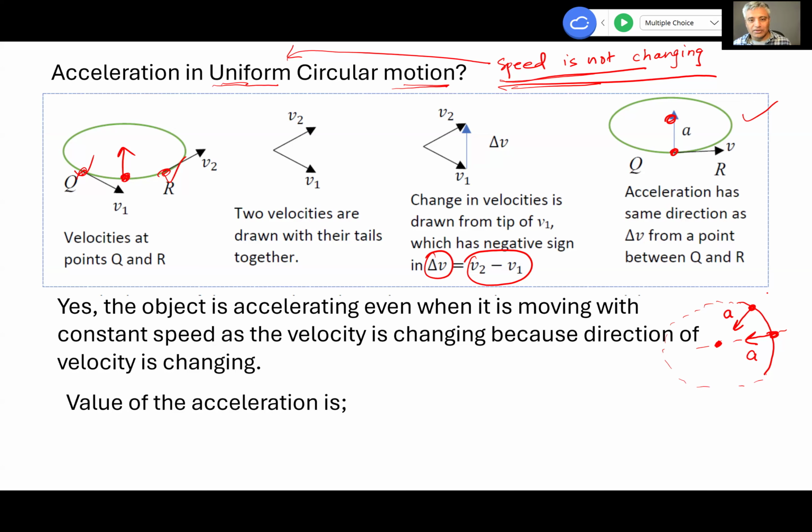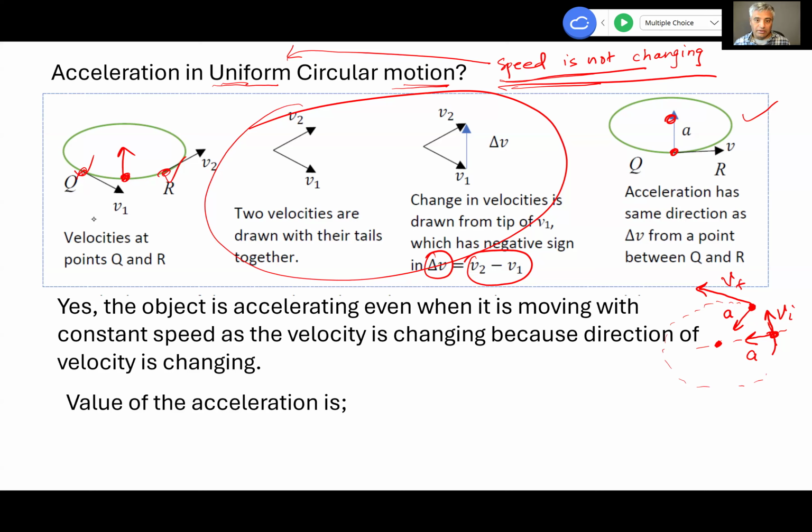What if the speed is also changing while you are driving? Okay. So now you are trying to get onto the highway. You decided to go to higher and higher speed in this part of this circle. Okay. Then what's the direction of acceleration? How do you find that? So if you know the velocities, for example, here, velocity is going something like that. And over here, you are increasing speed, which means the length is going to be longer now, okay? So in that case, your initial is this and final is this. Now you can use the same method